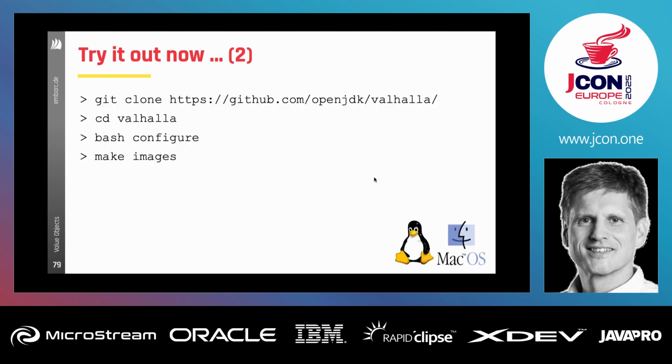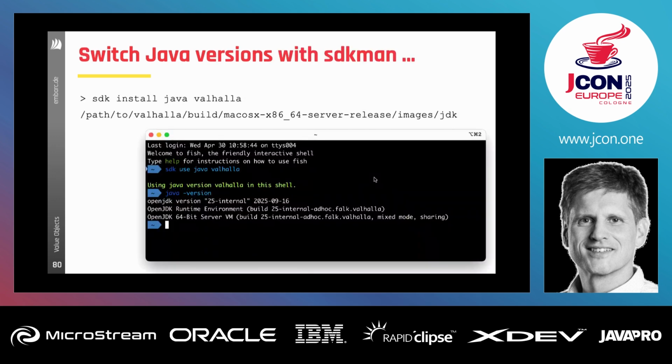Yeah, and you can also try it on your own laptop, and it's quite easy to build your own JDK. There are some pre-built pre-releases of Valhalla, but I think the last one is already 1 year old. But it's quite easy. I tried it on my own, and I had never tried to build a JDK, but it was the first time. It took about 30 minutes and it worked. You just have to clone the OpenJDK Valhalla GitHub repo and then run a bash configure command and make images. And then it will build the release, the OpenJDK, and put it in a subdirectory.